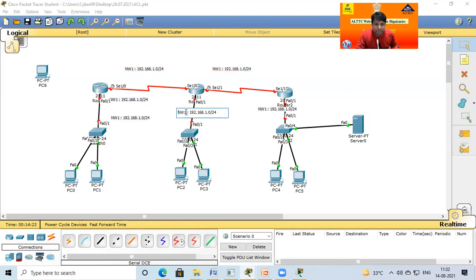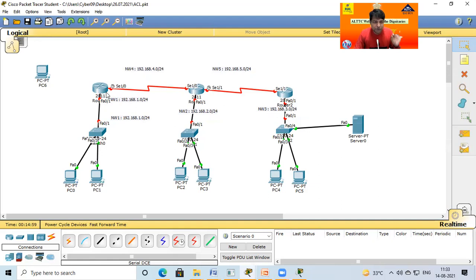So network 2 is 192.168.2.0, network 3 is 3.0, network 4 is 4.0, and network 5 is 5.0. The 5 networks are here. In the same manner, 1.1 goes in this location, 2.1 in this location, 3.1.